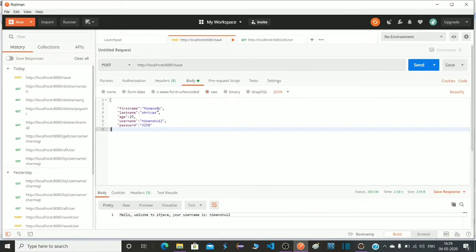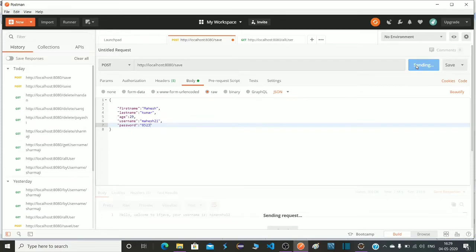Let's enter some more records, like Mahesh, Kumar, age let's take 29, username Mahesh21 and password 8523.